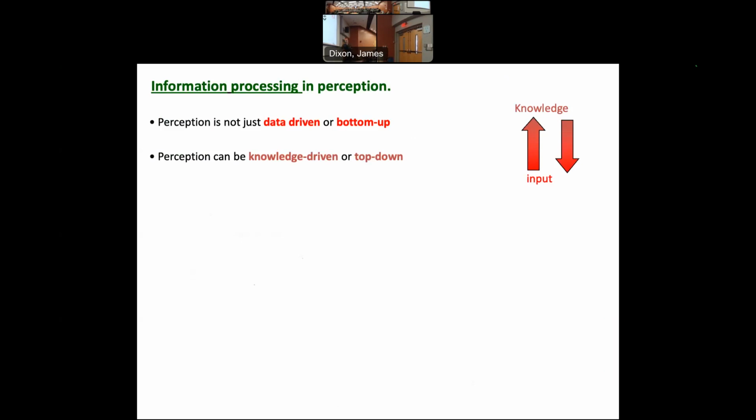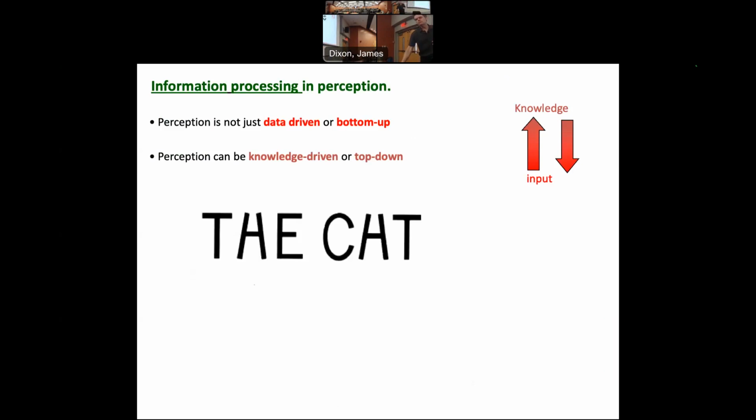Let me give you some examples that will make it maybe a little more clear. So this is a perennial favorite, very, very simple one, but very powerful because you really almost can't help but do it. So as experienced readers of English, this very quickly resolves to "the cat" for people, right? And you wouldn't even necessarily notice that there's anything weird about it if it were just flashed at you, right? You just go, well, it said the cat. What are you talking about?